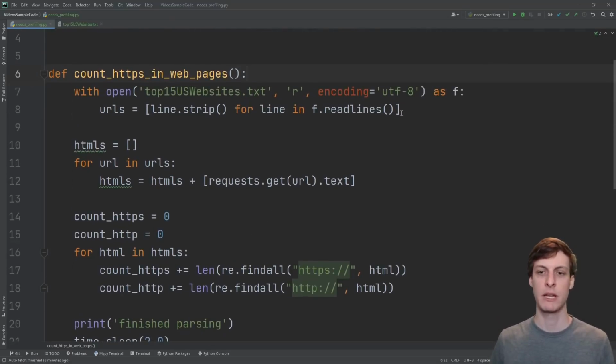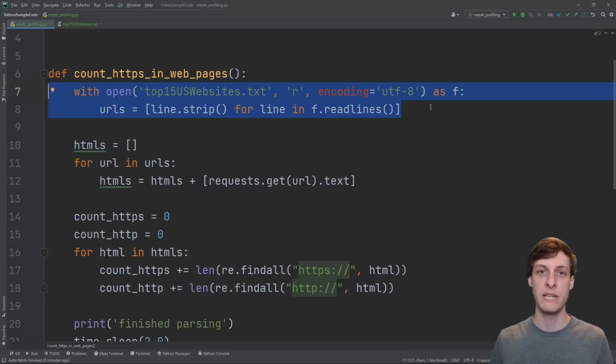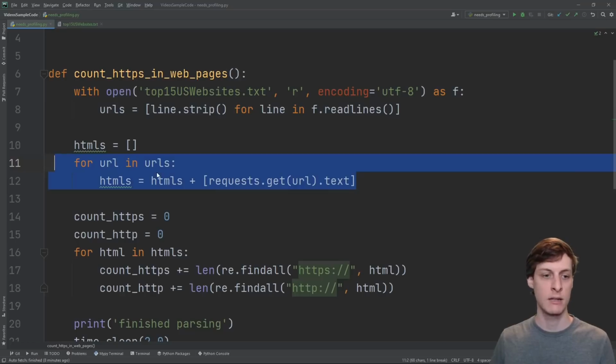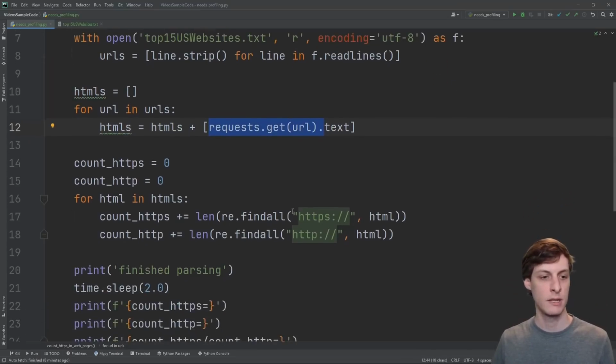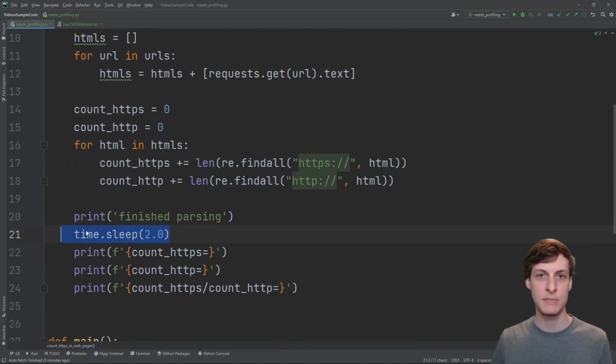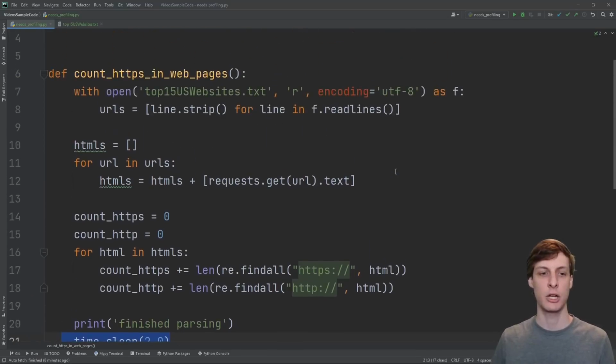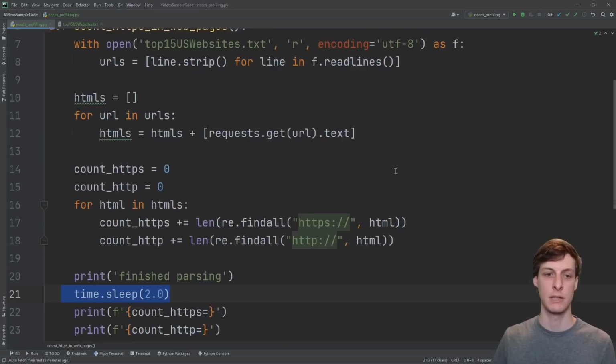So to get started, looking at this, first thing, we're reading from disk. That can take a while. We have an accidentally quadratic thing happening here where I'm not appending to the list, I'm using plus. We have a GET request to a website. Then we do a bunch of text processing. We're using findall instead of a precompiled regular expression. And then we have a random sleep statement that someone forgot to delete somewhere. There's just tons of things that could be the source of why this code is slow.